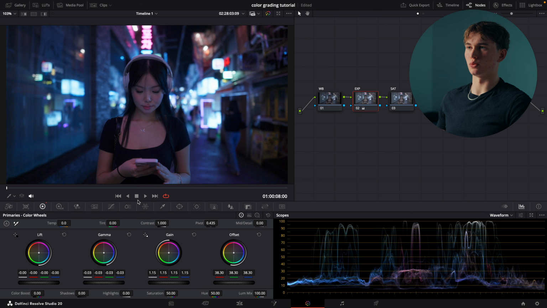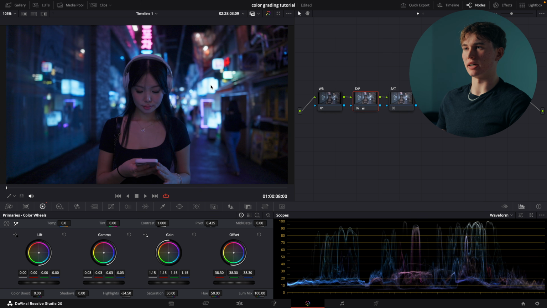Now in this situation as well, because we have these lights that are definitely clipping, as we can see here, I'd actually go in and make another adjustment, which is our highlights adjustment. Now what this does is it just affects the very brightest parts of the image. So if I was to bring this down, you'll notice that we have a little bit more detail coming back here. So if I undo that, that's before, that's after, before, after. It just brings back a little bit more detail in these lights,